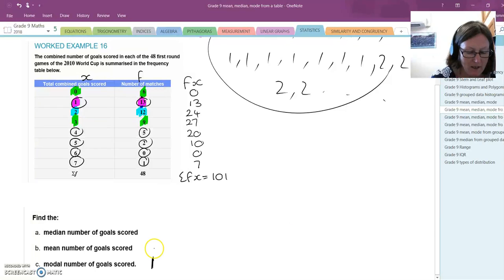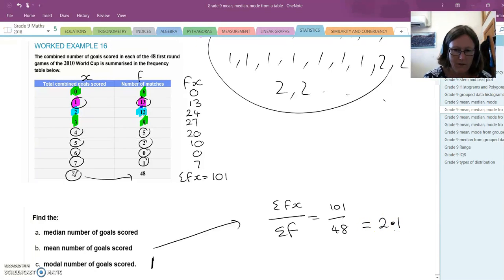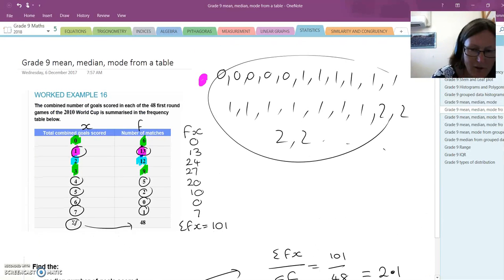To get my mean, I take the total of my FX column and divide it by the total of my F column. It says here the total of the F column is 48. So I get 101 divided by 48, which tells me the average number of goals scored is 2.1. That is a much quicker and more accurate way than individually entering into your calculator